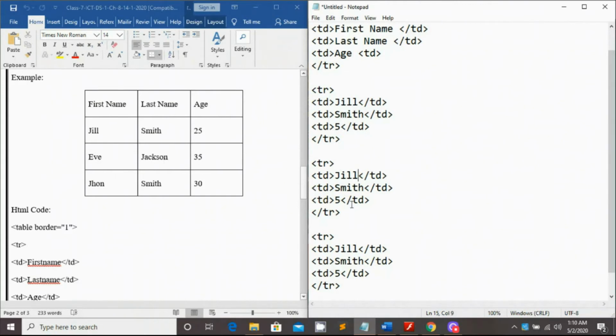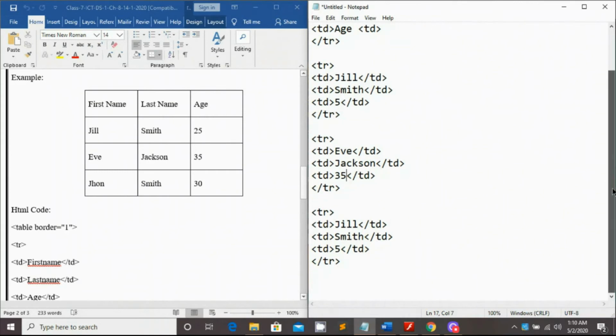Now look at the third row. How many data are there? 3. We already did it. You just have to edit the first name, last name and age. What is the name here? Easy. The second one is Jackson. The third one is 35.